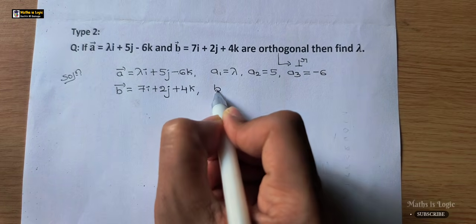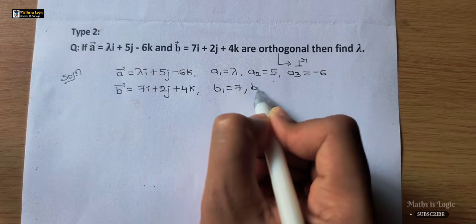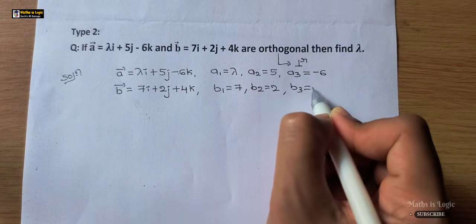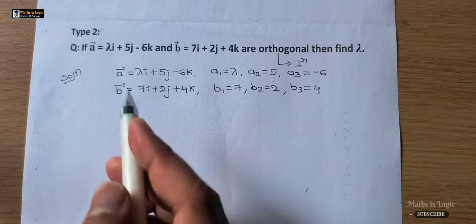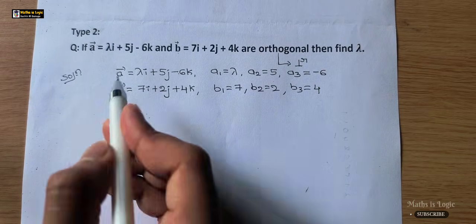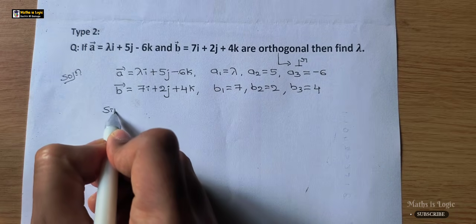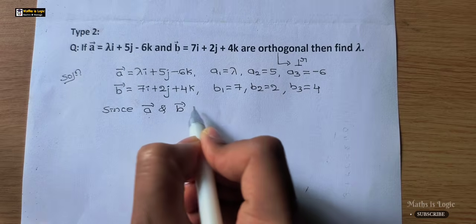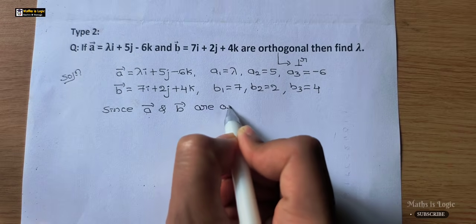So write B1 is 7, B2 is 2, and B3, k coefficient, is 4. Next, write the condition. What they are telling, A vector and B vector are orthogonal. So write, since A vector and B vector are orthogonal,